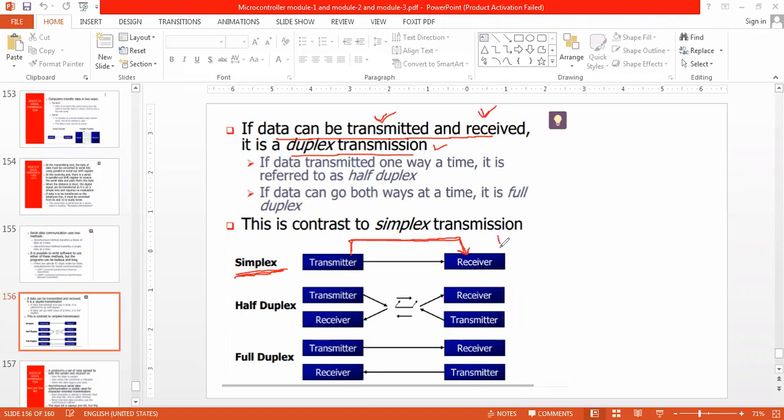Say this is one device and this is another device. If this device has some data to be transmitted to the other, that cannot happen. So this is only one-way communication. The simplex is only one-way communication.